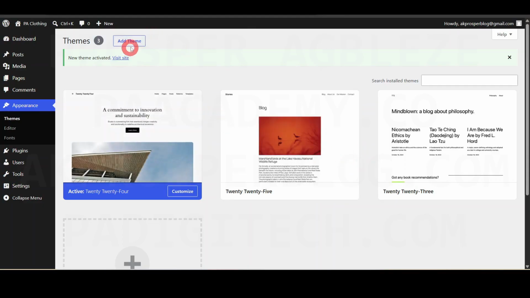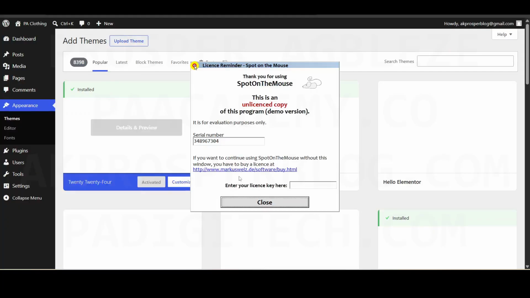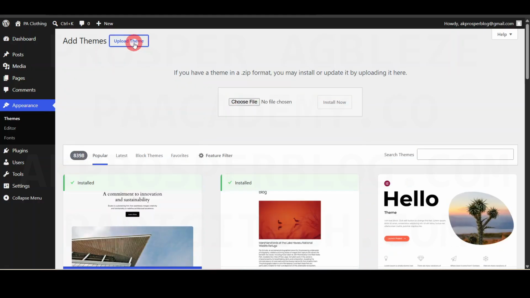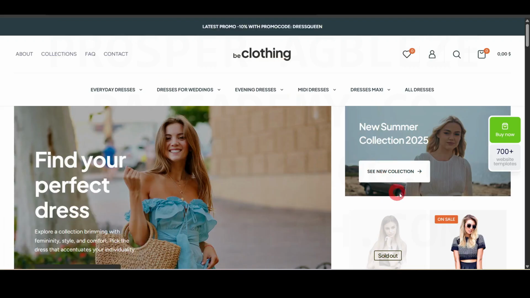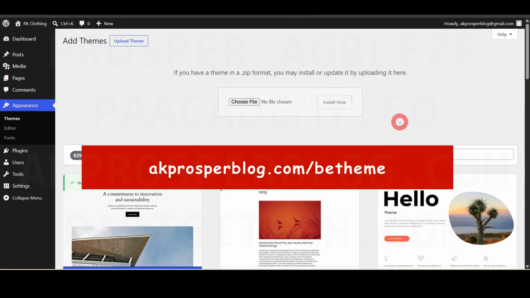So what you are going to do is come over here and click on add theme, and like you can see right here, WordPress itself has a number of themes. I think at this time over 8,300, but these are not the themes we want to use. So just come over here and click on upload theme so that we can upload the theme that I want to use. Now, to get the theme that we are going to be using to create this e-commerce website, our clothing store website, okay? So just come over to this website,